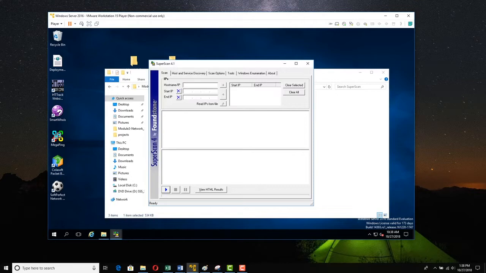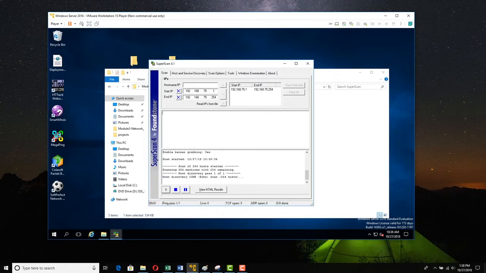And so I'm going to scan the subnet range. And what I'm going to do is in the start IP, I'm going to type 192.168.75.1. Your subnet might be different, to 75.254, and I'm going to click this arrow to add it to the range. So click the little arrow here, and the range is here. And so now I am ready to actually run this. So I come down to the little play button, the little blue play button in the lower left, and I